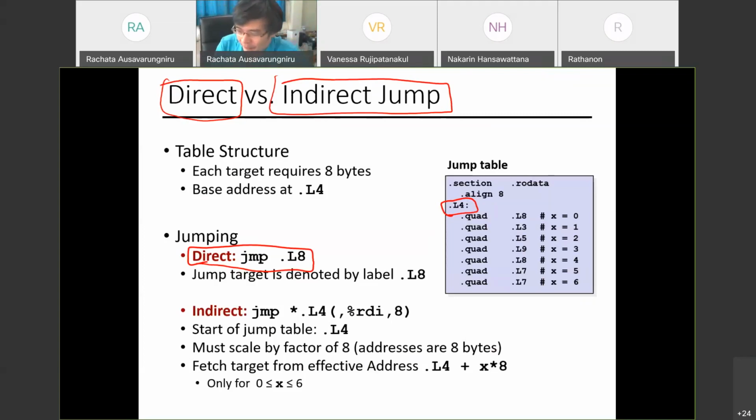So you know that this is something you can do. You can jump, oops, starting from L4. L4 is our offset, right? So this is the addressing mode. If RDI is X, what does this block of addressing mode do? What am I calculating? We are calculating, first of all, the location of L4, right? Plus,